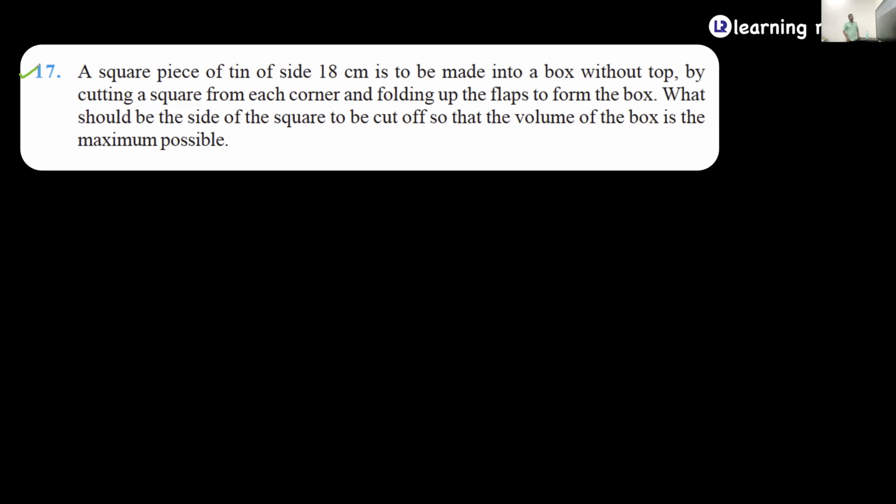The next problem is a square piece of tin is side 18 centimeter, right? So there is a square piece which is made up of the material tin, right? And this is made into a box without top by cutting a square from each corner and folding up the flaps to form the box. What should be the side of the square to be cut off so that the volume of the box is maximum possible? Okay. So the meaning of this is,